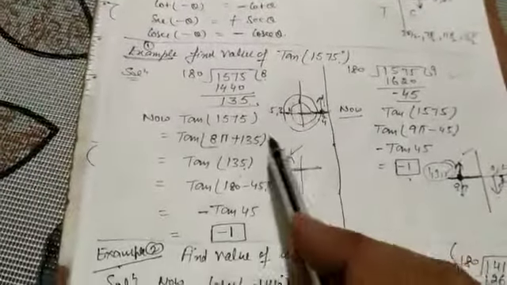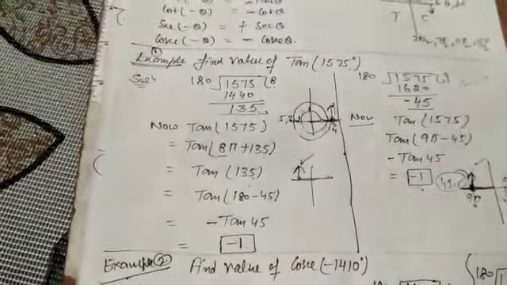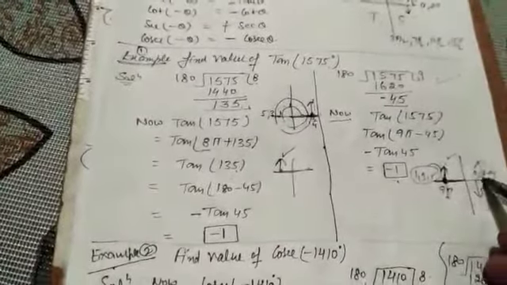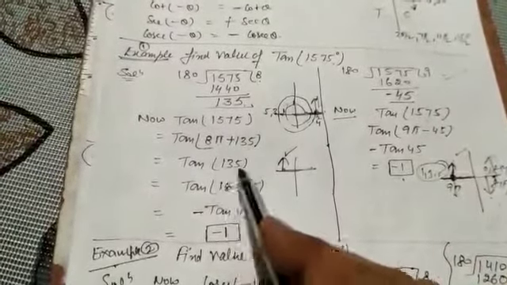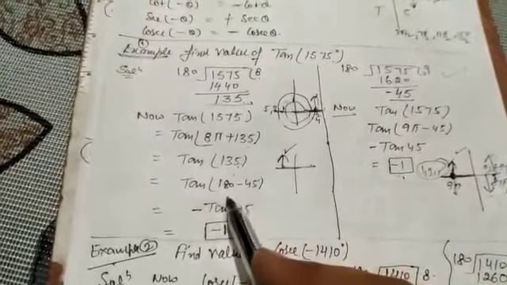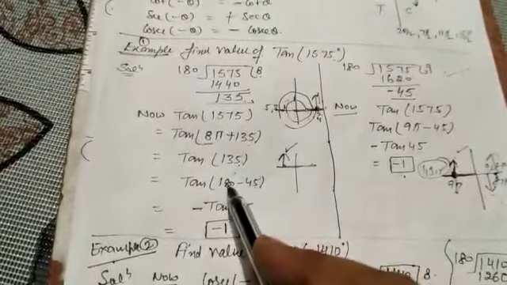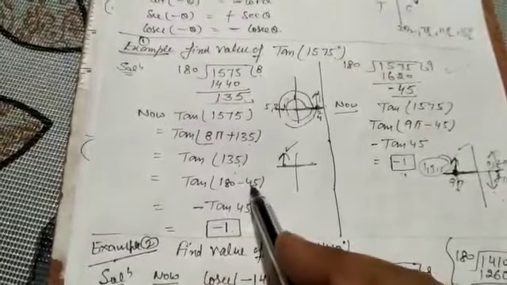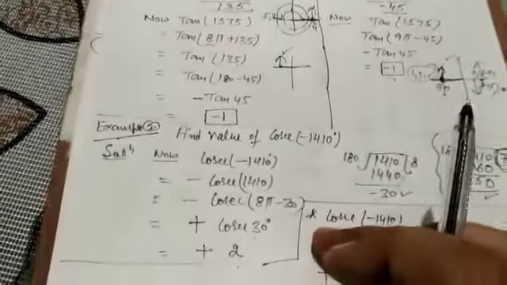Or if you solve this question in this way, 8 pi plus 135, 8 pi lies in this region, plus 135 means you are in first quadrant, and in first quadrant it is positive, so we write down 135, but we don't know about the 135, so we calculate the value of tangent 180 minus 45. 180 minus 45, tangent 45, and tangent 180 minus theta in second quadrant, it is negative, so the answer is minus 1.